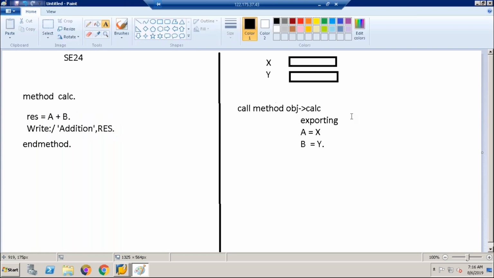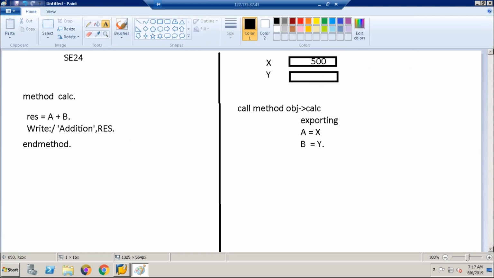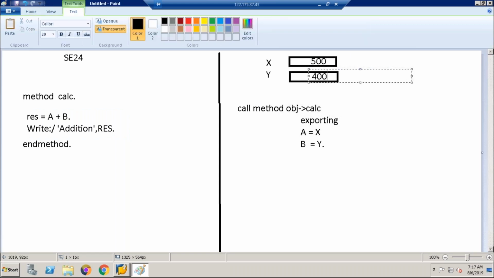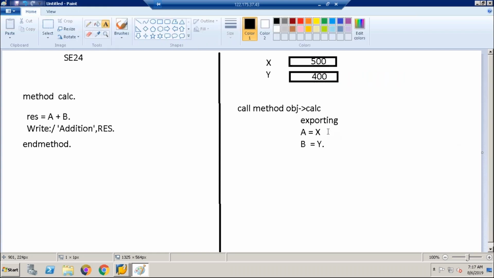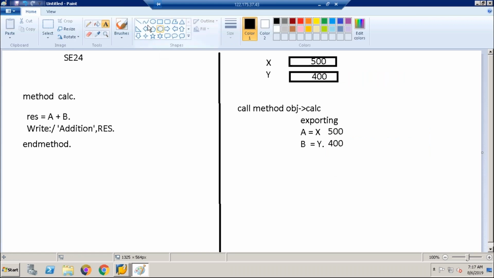Okay. So from here we are passing 400 or whatever it may be, say 500, say 400. So from here it will directly go to execution, in the sense of the implementation part. From here, the control goes to this place.